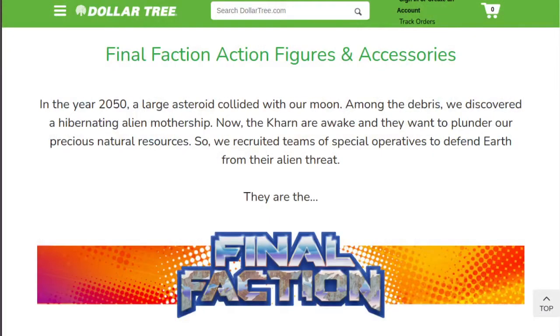We are talking about Final Faction. For those who don't know, Final Faction is a line of exclusive figures that have been designed for Dollar Tree. That's right, Dollar Tree, the everything's a buck store. So all of these things are a buck. You get a figure, it's a buck. Weapons pack, it's a buck. There's supposedly going to be a series 2 that I think is going to include like a Jeep thing,